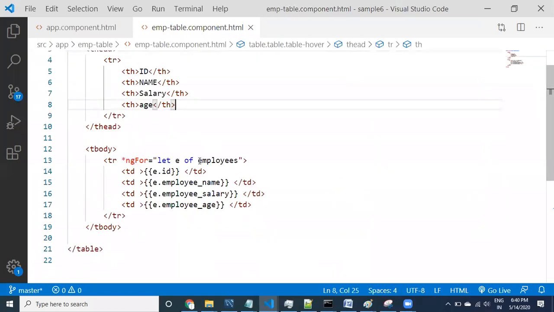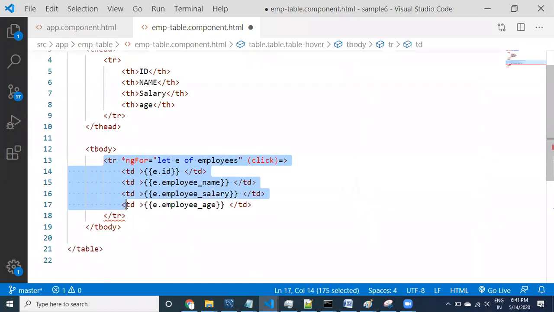In the table component, I'm going to apply some event binding. The event is click on this particular tr in the employee table.